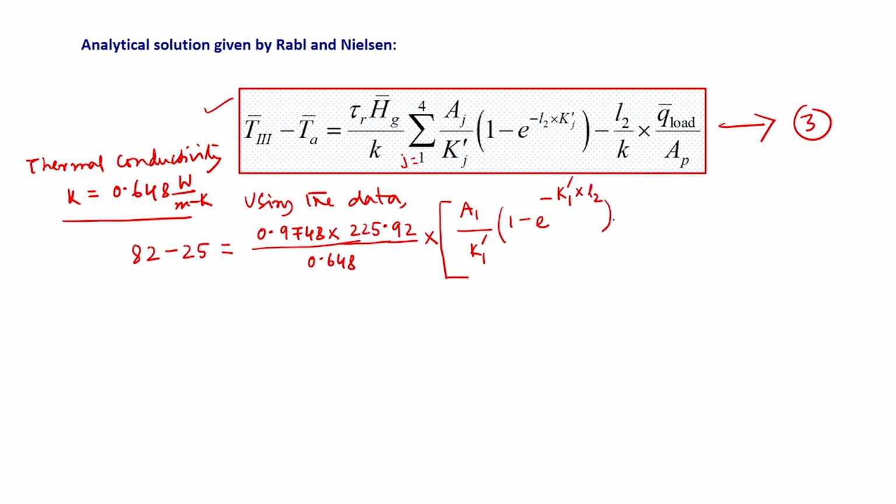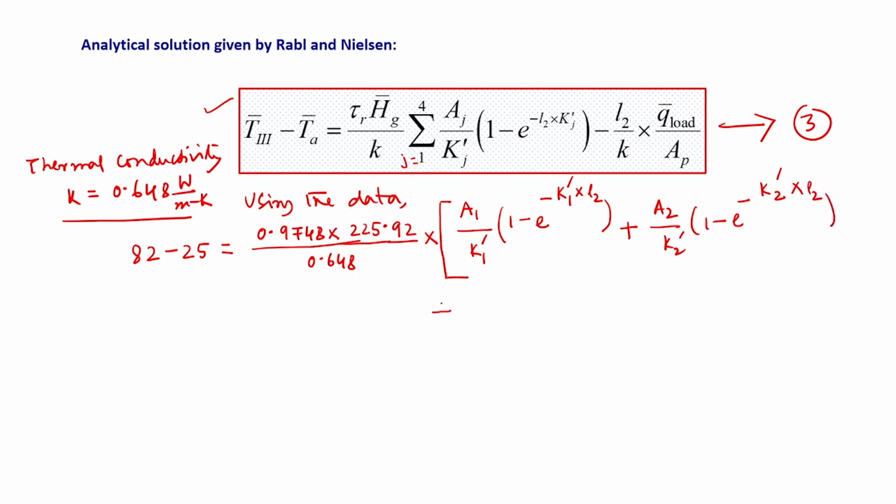Okay. So, now we will find out the values of L2 for different conditions. Okay. This plus we have A2, then K2 dash, then 1 minus e to the power of minus K2 dash multiplied by L2, okay,